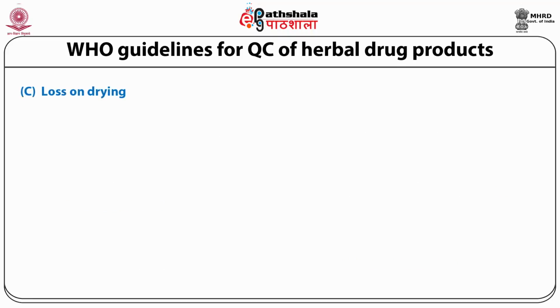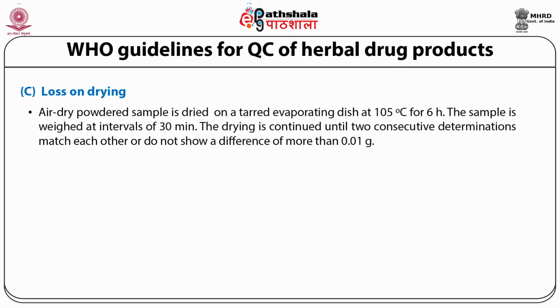Next is loss on drying. Air dried samples are dried on an evaporating dish at 105 degrees Celsius for 6 hours. The sample is weighed at intervals of 30 minutes. The drying is continued until two consecutive determinations match each other or do not show a weight difference of more than 0.01 grams. There are also certain contents that are taken into consideration for quality control, like fat content, resin